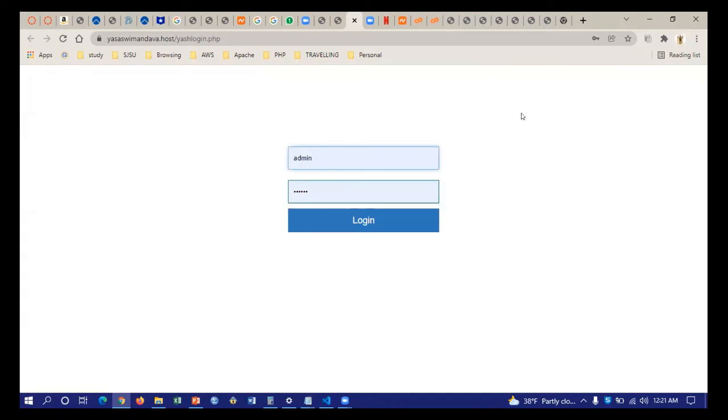We have a login page, which is only for the admin. The admin can log in with username and password, so he can modify the leagues and tournaments and set up all the things.